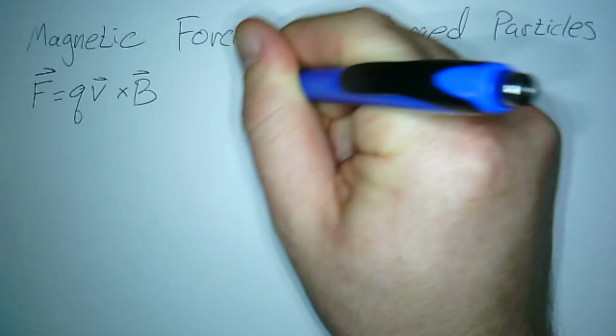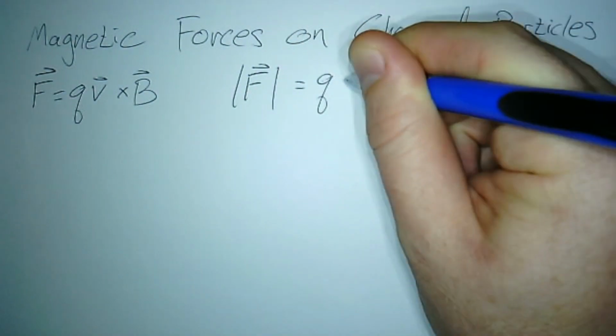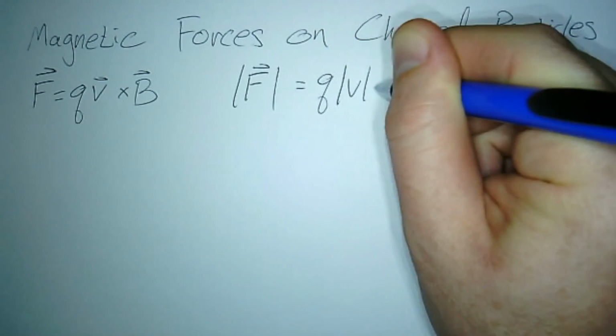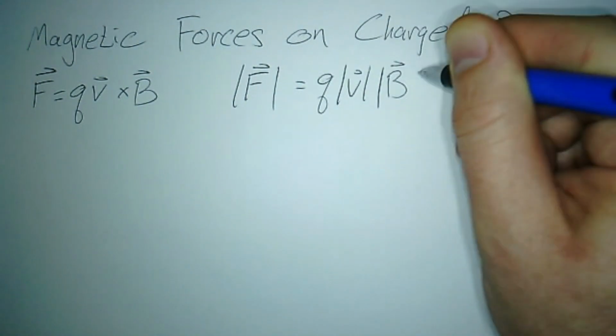There's a couple other simpler ways we can write this that are a little less mathy. So we could say the magnitude of the force is equal to the charge times the magnitude of the velocity times the magnitude of the magnetic field,